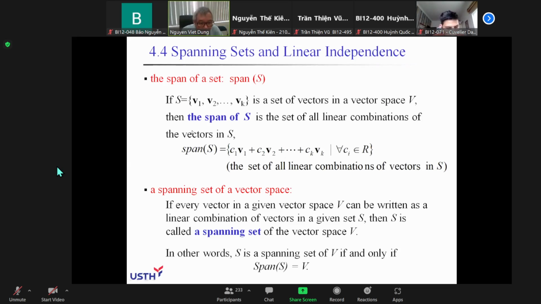And in Vietnamese we have two notion. Span S là cái tập sinh bởi S, còn spanning set của một không gian vector, spanning set of a vector là tập sinh của một không gian vector. Hai khái niệm khác nhau, các bạn phải cảnh giác về cái đấy, không có là lẫn. Next,